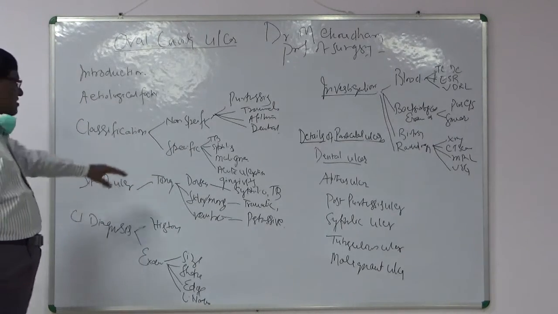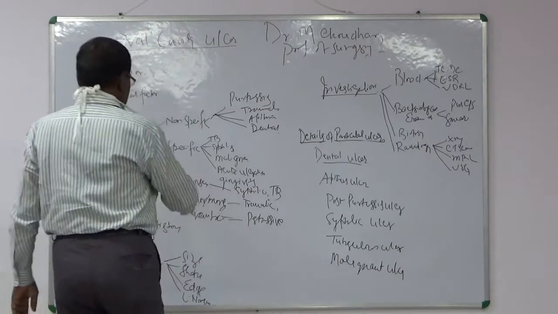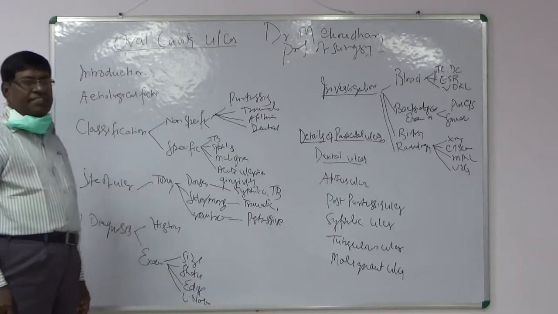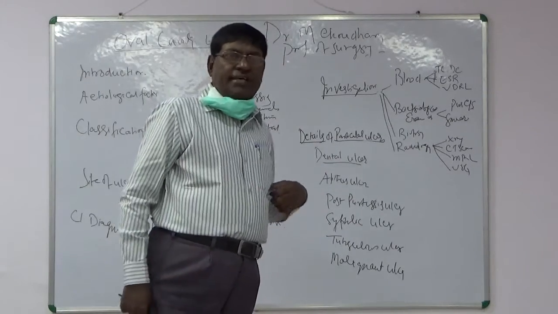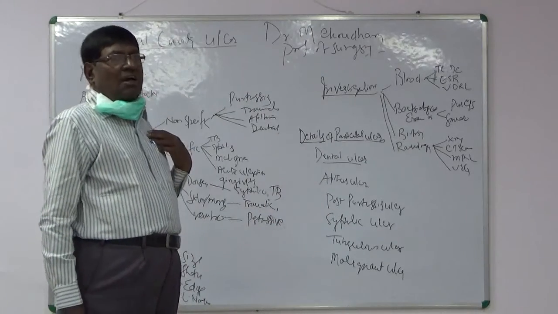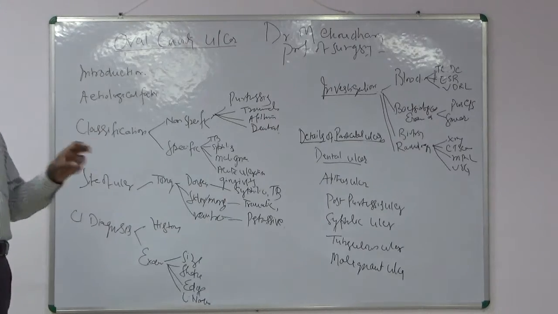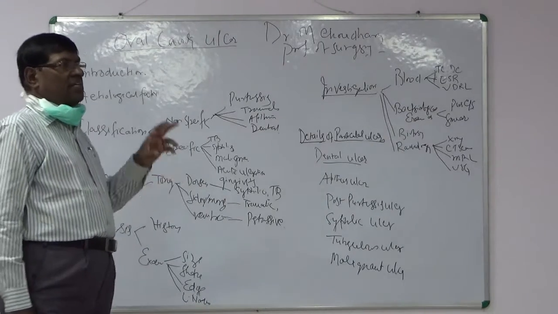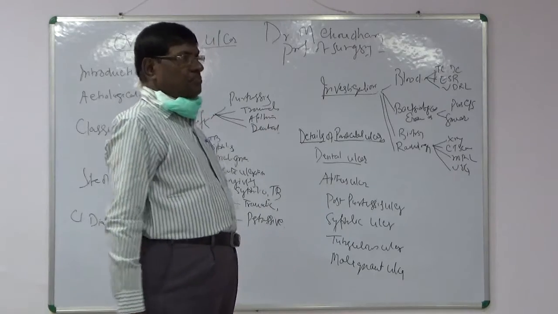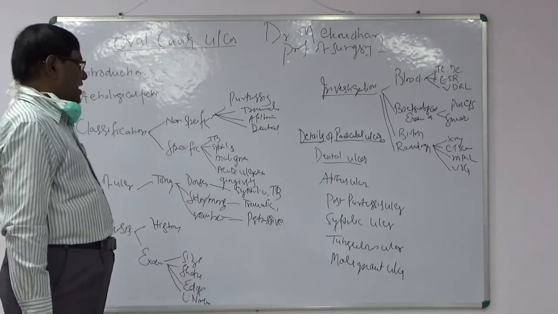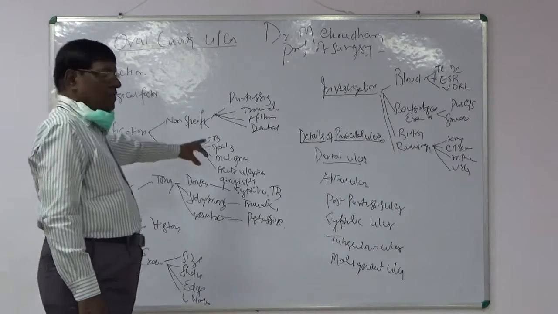Now there are some specific ulcers that also manifest in the buccal cavity. These are the tuberculous ulcers. The tuberculous ulcer is always secondary in the buccal cavity. When there is active tuberculosis in the lung, there is coughing out of sputum, and this sputum is loaded with tuberculous bacilli and comes in contact with the buccal cavity and the dorsal surface of the tongue. The bacilli get embedded into the tongue or the mucosa and form the ulcer, which is called tuberculous ulcer.